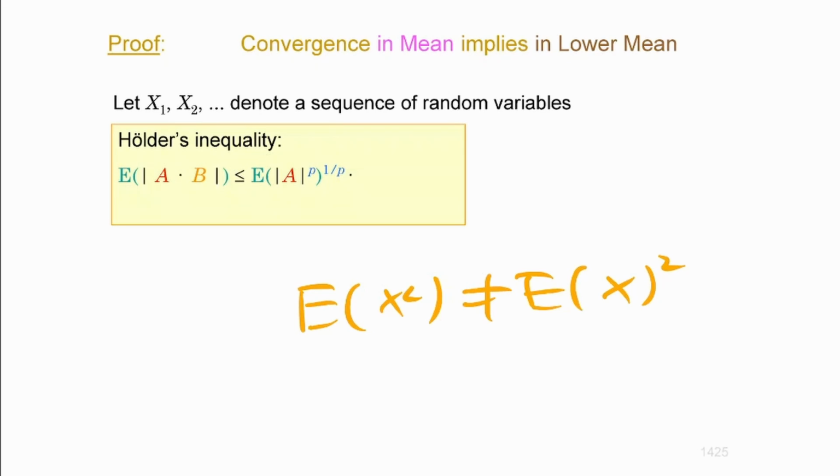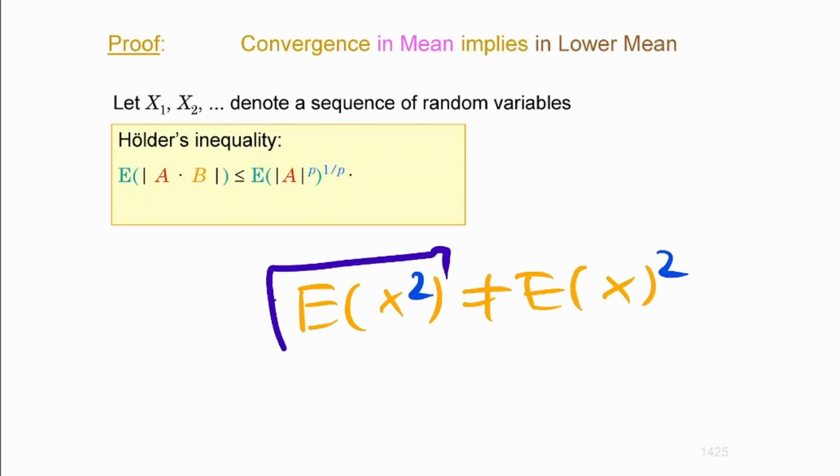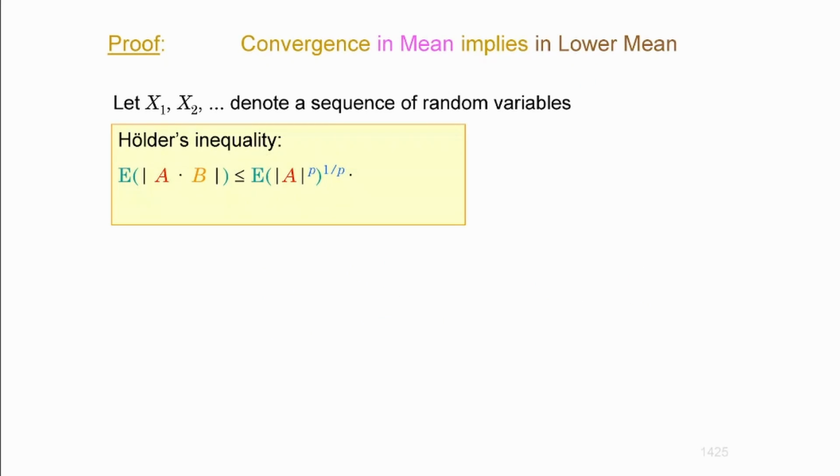So you cannot take those exponents out of the expectation operator as you would like to, because if you could, you could basically cancel them, but you cannot. Do you understand the point? Let's say p is equal to 2, then that would be the square root of that. To the power of 1 by p, if p is equal to 2, is going to be the square root. And the expectation of that is not going to be greater than the product of these two means, where you have another parameter here.